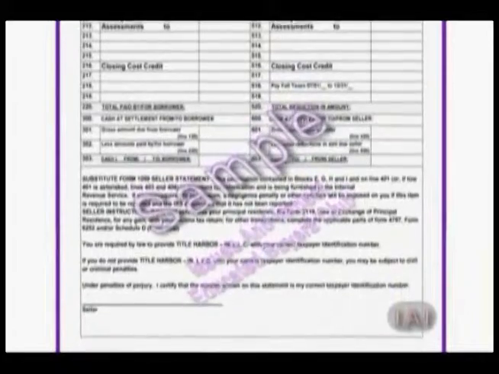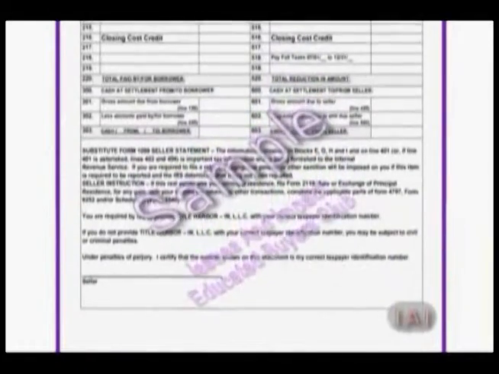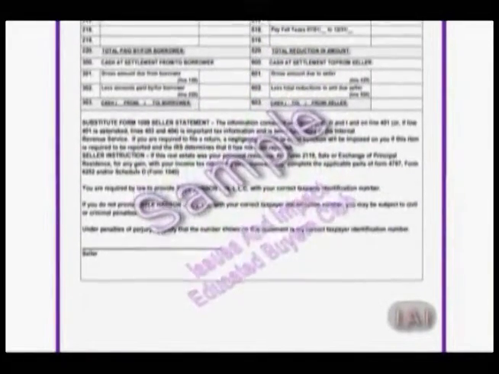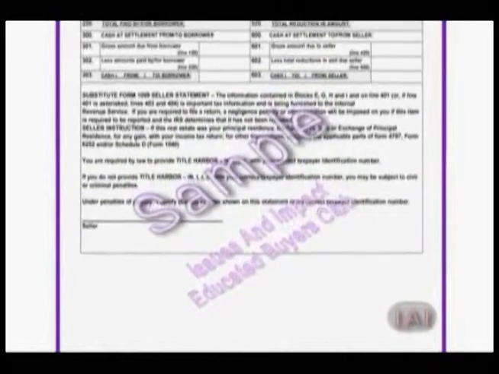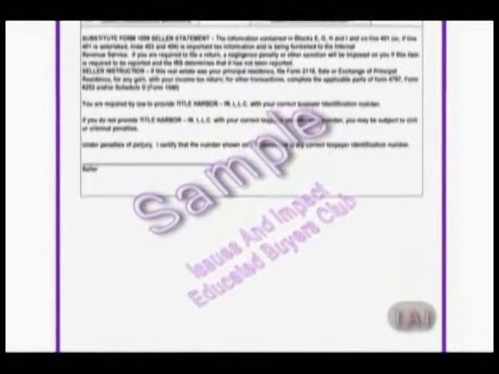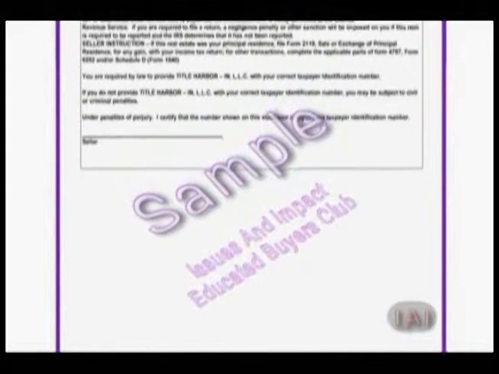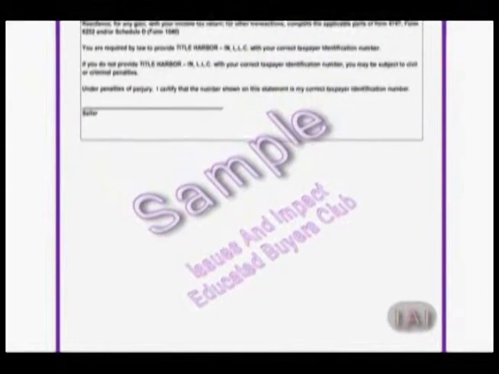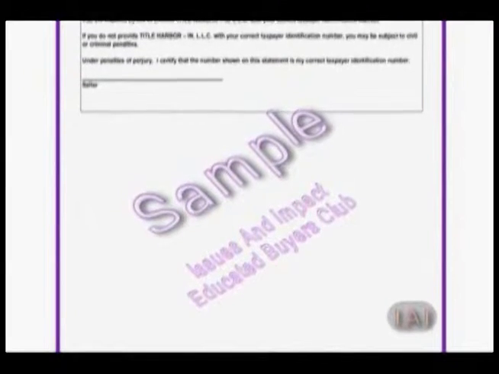And the B side of this page 1, the right hand side, contains the summary of the seller's transaction, such as the contract price, which would be the same as on the borrower's side. So this is very important. Can't go over it line by line, but we will cover that at another time in the Issues and Impact